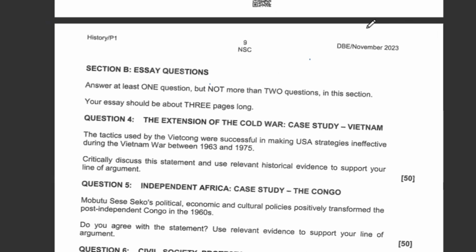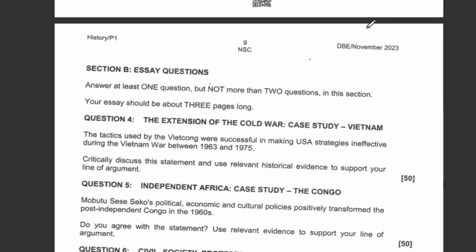Imagine if the US would opt to use bombing as a fighting strategy. You won't bomb someone who is underground, which means that the bombing would become ineffective because you're trying to bomb someone who is hidden underground. So it weakened the side of American strategies. It made American strategies ineffective. Right. We go on to the next point. We are still measuring on the side of the strategies that were used by the Vietcong guerrillas.